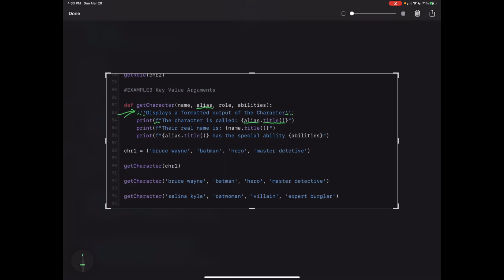So it's going to say the character is called, and it's going to print out their alias, also passed into the title method, which should capitalize it. Print their real name is, and then name, which is another argument that we are passing in, also going through the title method. And then finally, I'm printing formatted alias.title has the special ability of abilities, which is yet another argument that we are passing in. Down here, I've got character 1 defined as Bruce Wayne, Batman, hero, and master detective,